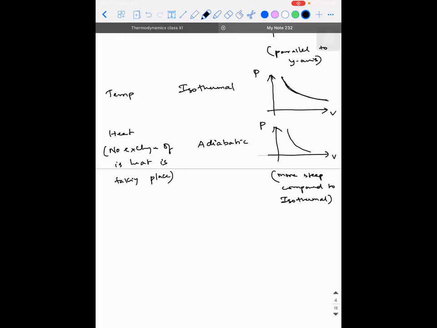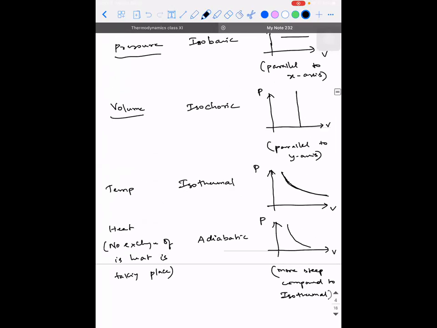Why is heat not having an isobaric-like name, sir? No, it's called adiabatic, nothing special, that's how they have named it. Why the graph is like this, we will see once we approach those two topics. As of now, have this pressure and volume concept in your mind. Based on that, we will solve a few problems.